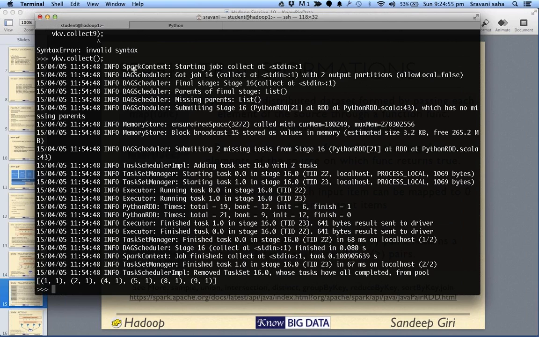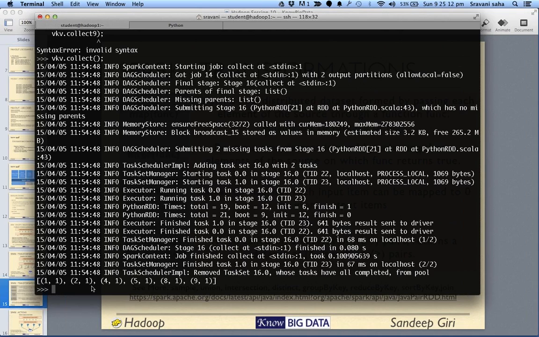Yeah, now you can see that our object is in the form of key value pairs. And on top of it, we can easily do a sort of group by.